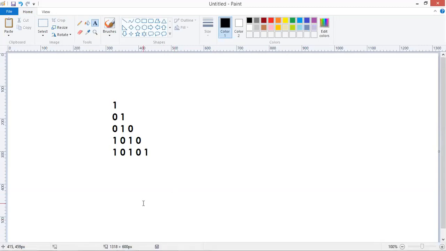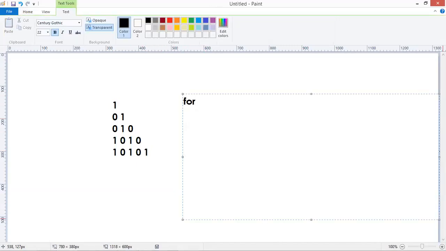Whenever you are printing that value, this pattern model we know. For i value starts with 1, i less than or equal to 5, i plus plus; j value starts with 1, j less than or equal to i, j plus plus. The pattern model will come. But how can we display 1 0 1 0 1 0 1 0?